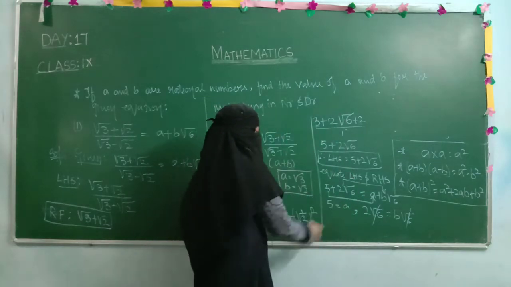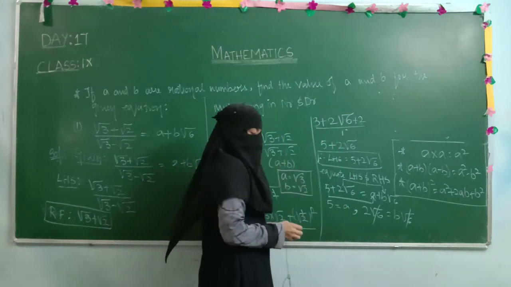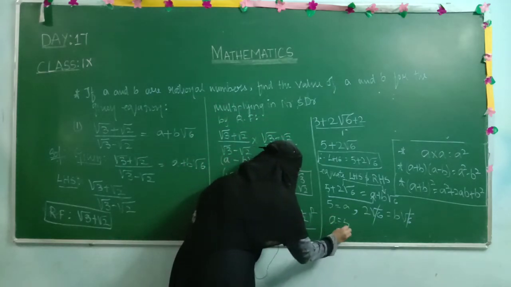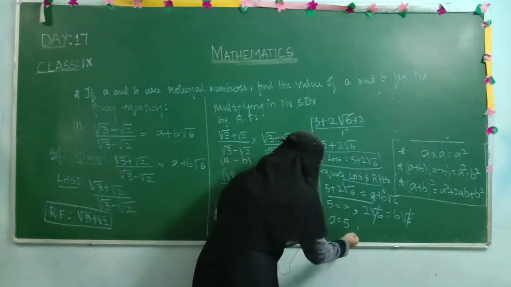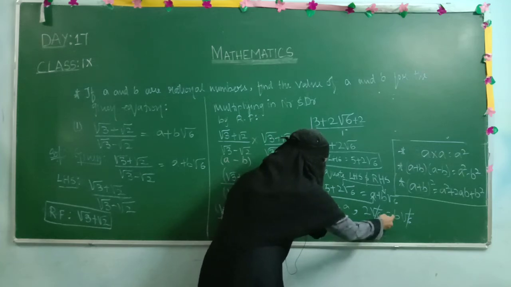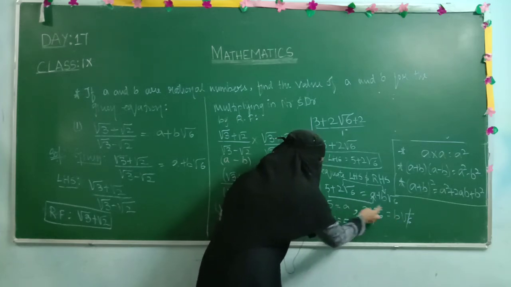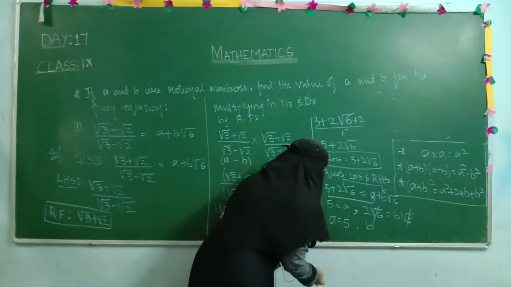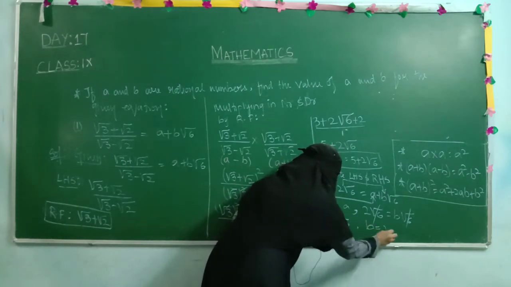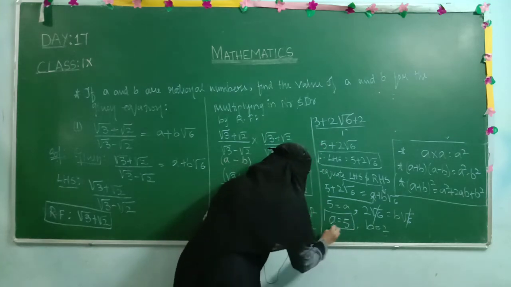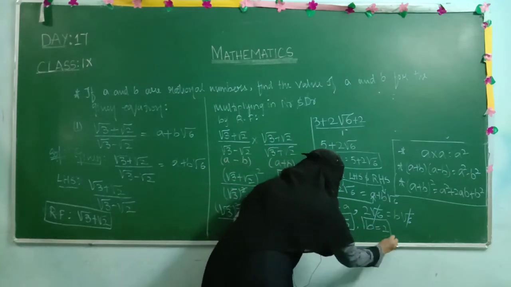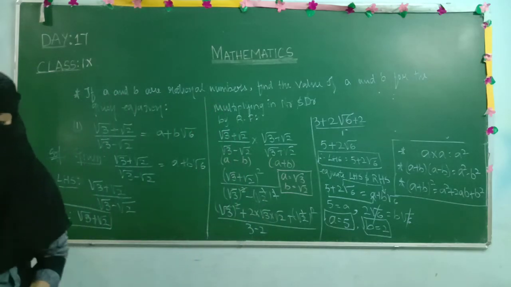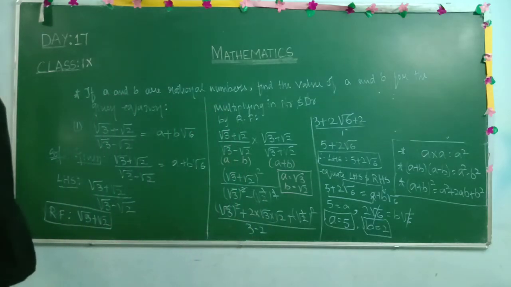So 5 equals A, and vice versa we can write, LHS equals RHS. So A equals 5 and here 2 equals B we are getting. What is the left out term? Here B2 is left out and here B is left out. Or we can say 2 equals B or B equals 2. Both are the same. So B equals 2. This is the way of finding the values. So now we got A equals 5, B equals 2.